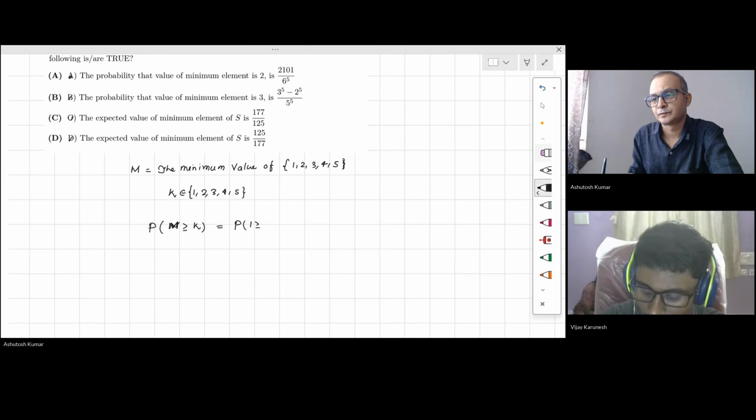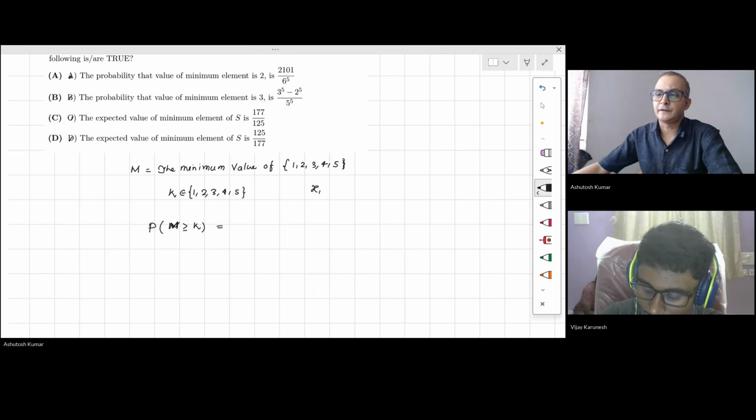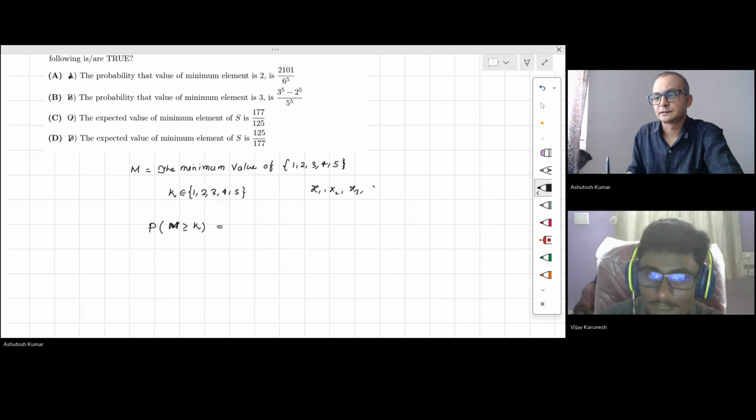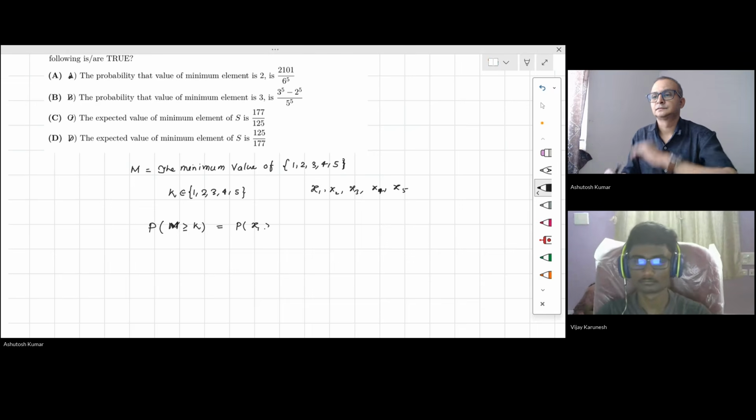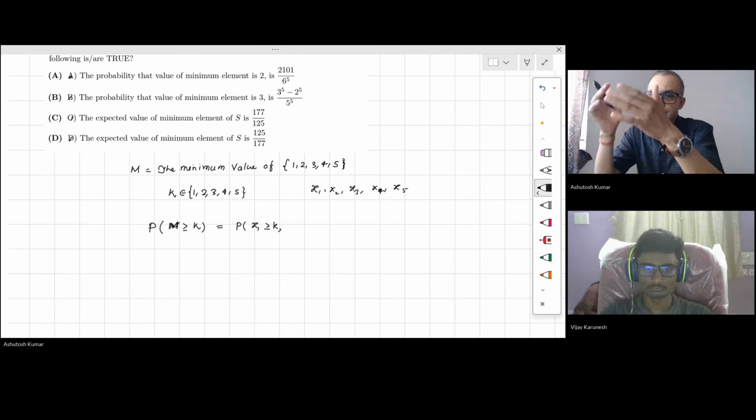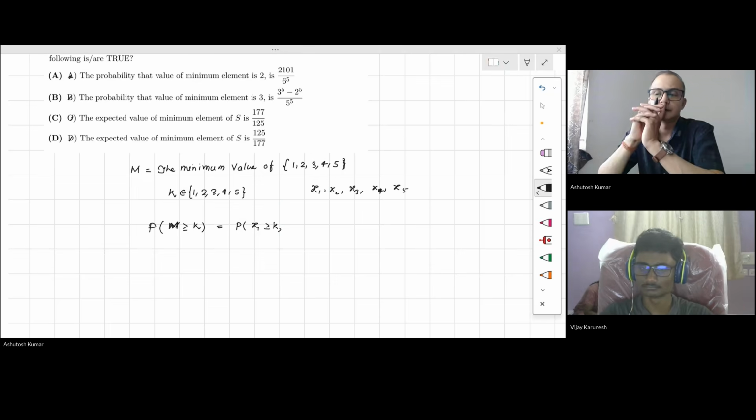Or wait, let's take these numbers we have selected, because 5 elements are selected. So let's say the numbers selected are x1, x2, x3, x4, x5. So can we say x1 greater than k, or what can happen? x2 greater than k,